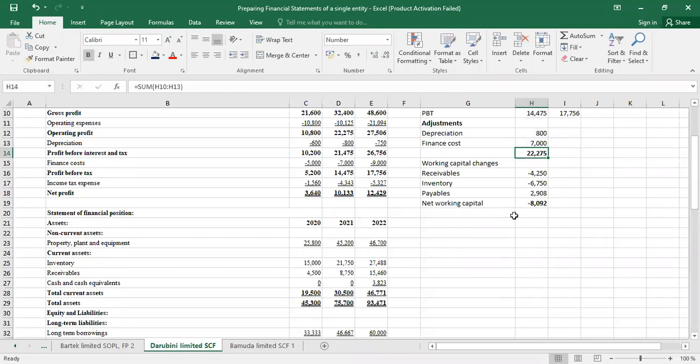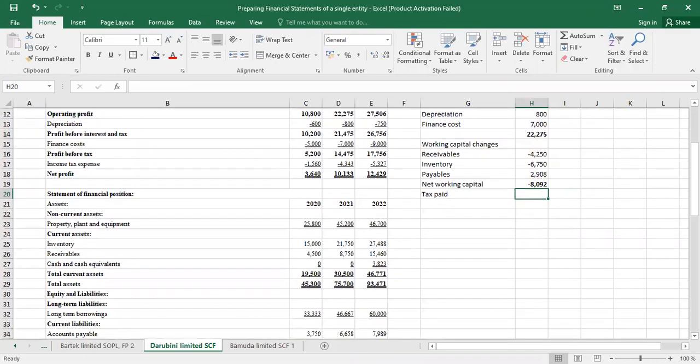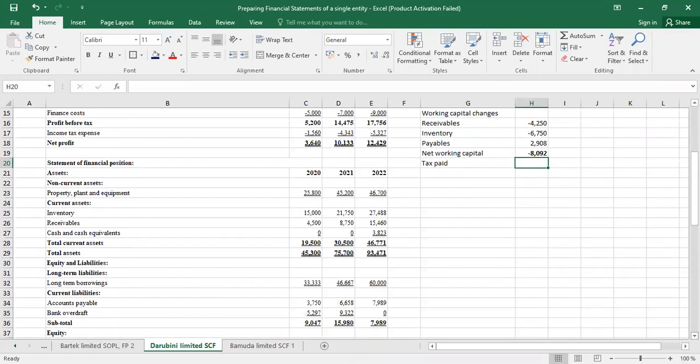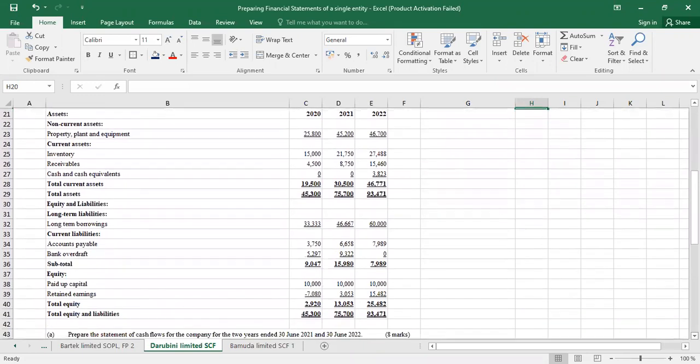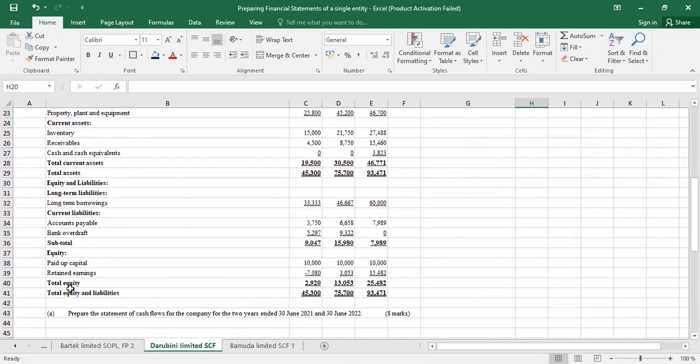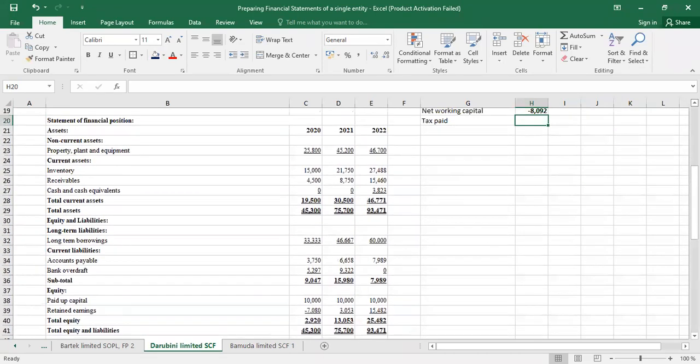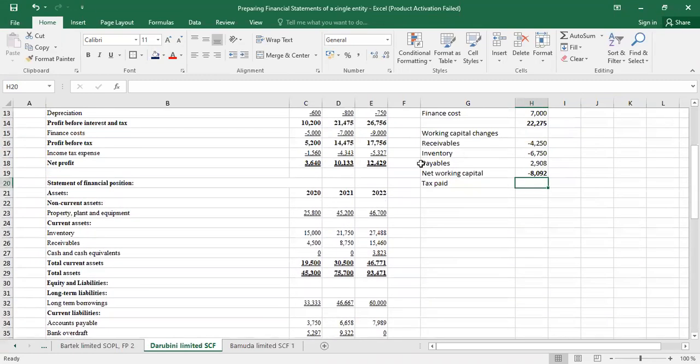So we'll do tax paid, isn't it? Less. So I just write tax paid, isn't it? And because this is tax paid, we check if we had any. So we look in our statement and see that actually there were no current tax or deferred tax, isn't it? So if they were not there, we just take the value here, isn't it? For the year,